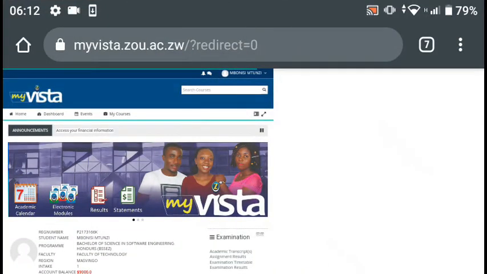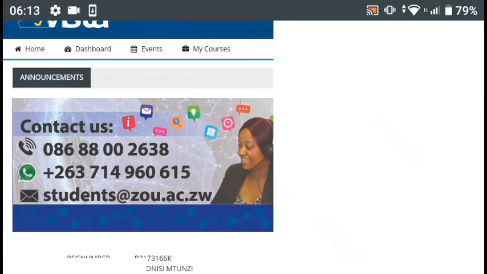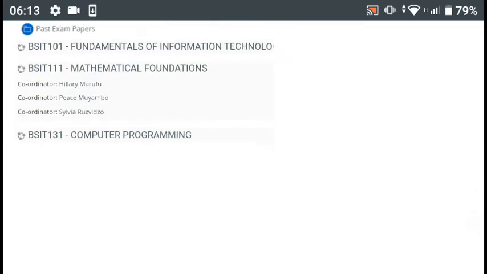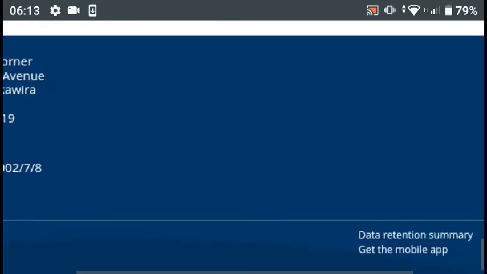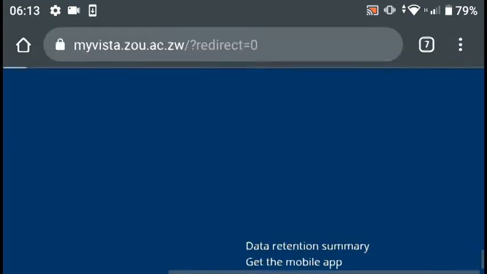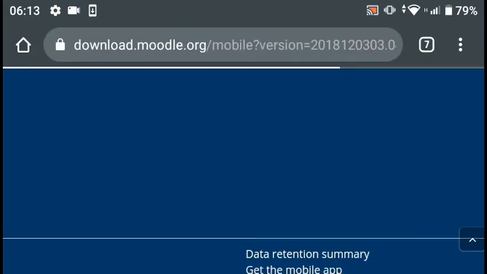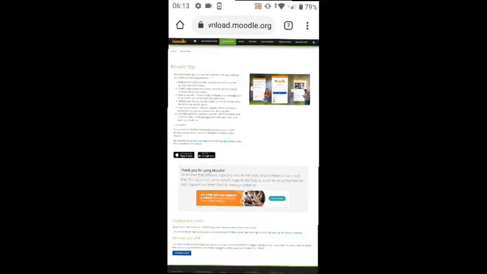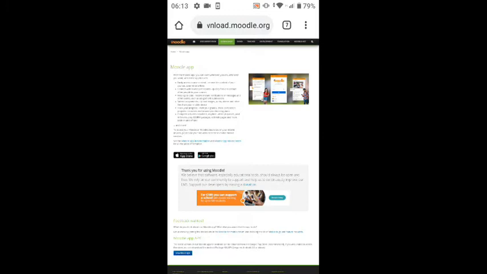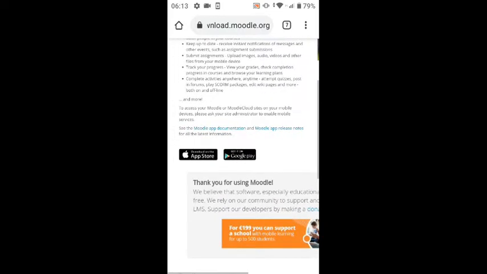Okay, so now you have to go below the screen. Then you will find where it says get the mobile application. You have to click that one. After clicking that, let me just go back to the normal screen. So here you have to download